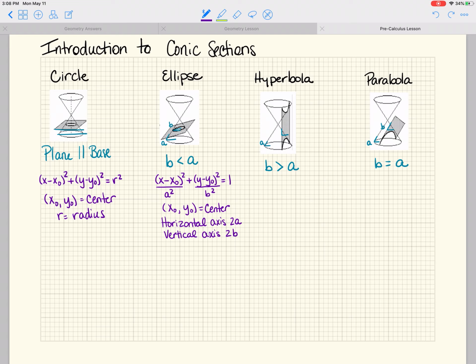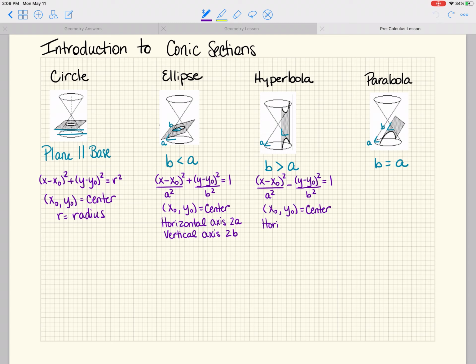With an ellipse, we start with the same general idea. However, in order to elongate each section, we are going to be multiplying or dividing each of those terms by a stretch factor. So a is our horizontal piece, and 2a would be the distance between the horizontal maximums. b represents the vertical stretch, and so 2b is going to give you the distance between the vertical maximums. That's how that works, and we'll talk through that more when we look at the